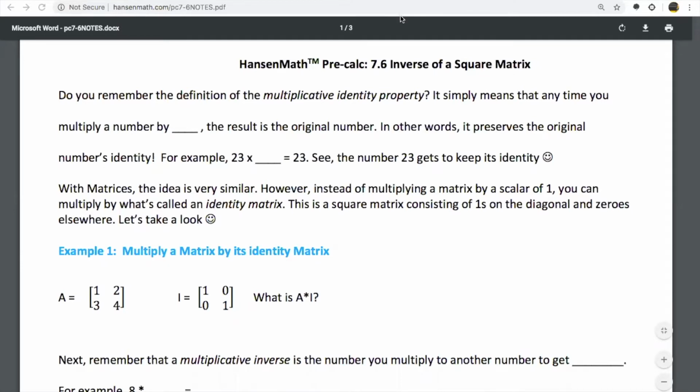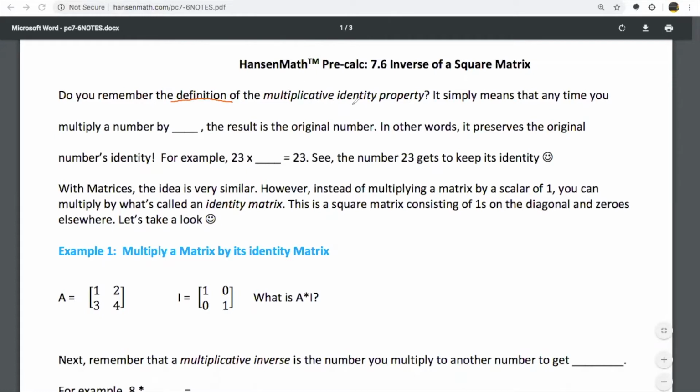Today's lesson revolves around the inverse of a square matrix and how to find it. But before we get into that, I'd like to talk a little bit about what an inverse is to begin with. So this goes back to really the middle school years, when you talk about the definition of